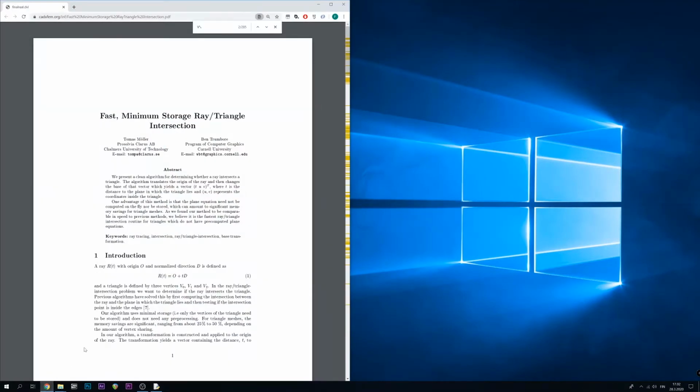And I found this paper from Thomas Möller, Prosvia Clarus Ave. I have no idea how to pronounce those names. That's probably a company. Ben Trumbor. Oh, these are the departments. Whoops. Anyways, after butchering those names,